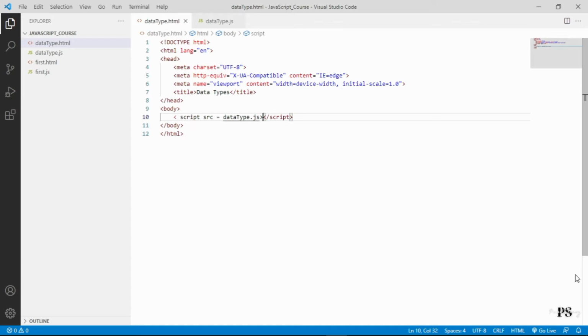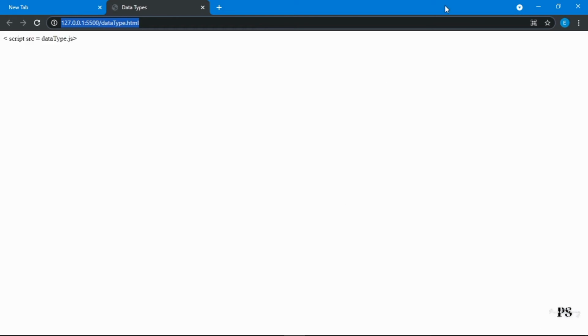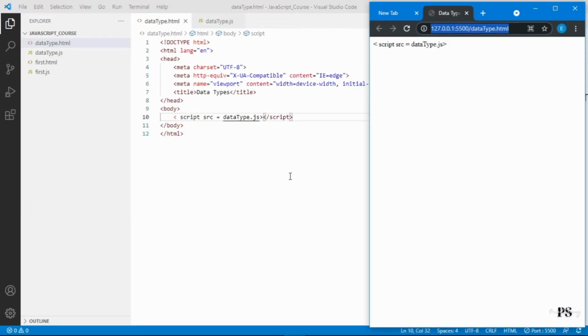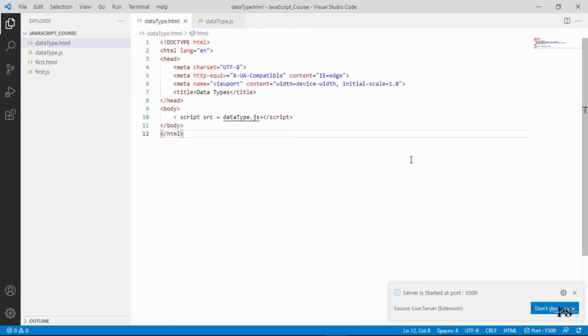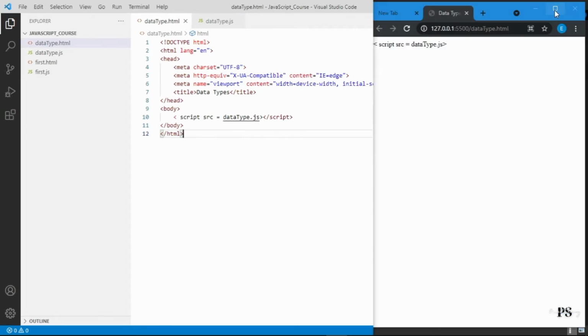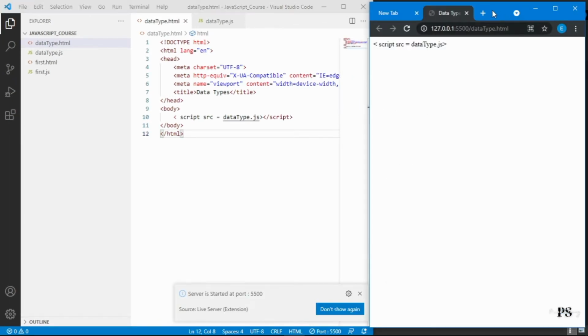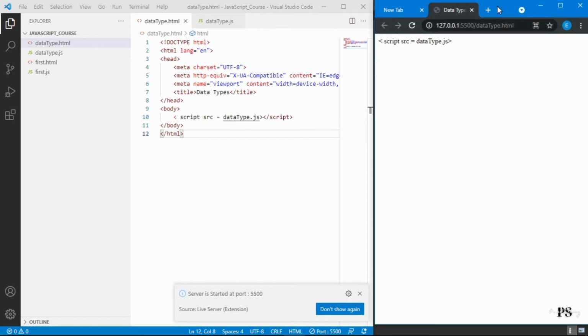Let me open the live server. It will start a live server for me like this.